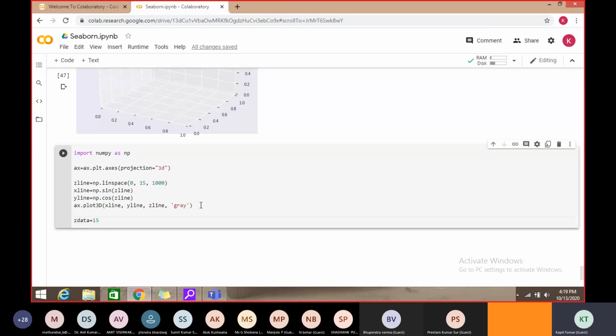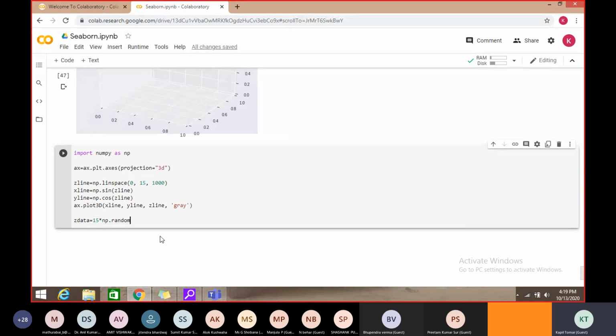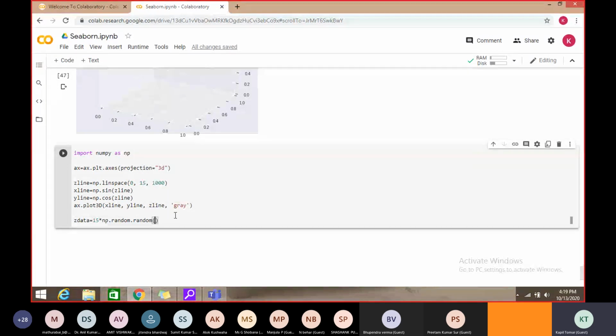Similarly, we can calculate 3 sets of data, which we have to plot inside this graph. So we can call a random number, say 15 into a random variable, np dot random dot random function, and how many values I want, 100 values randomly, which is multiplied by 15.